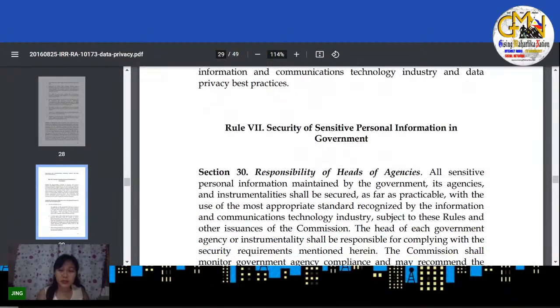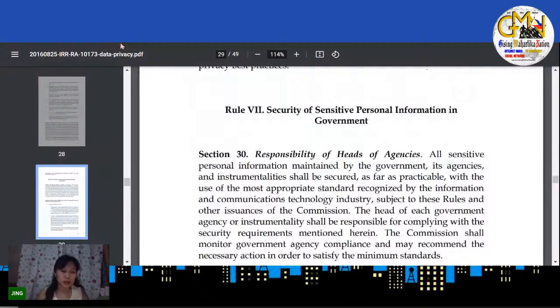So, rule number 7 tayo. Hold on. Check ko kung kayanin pa ng